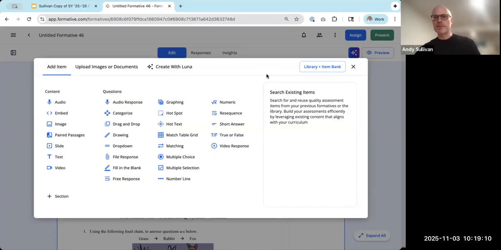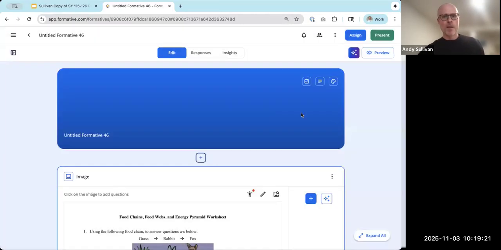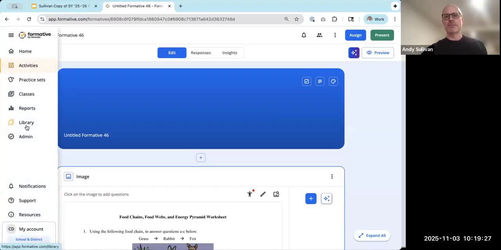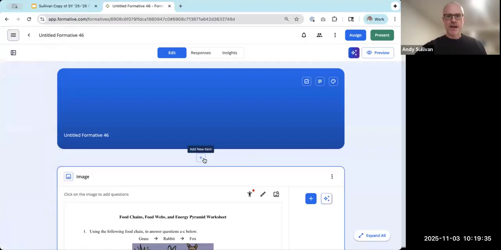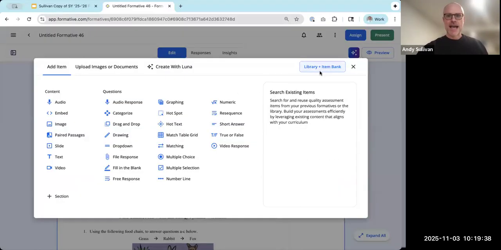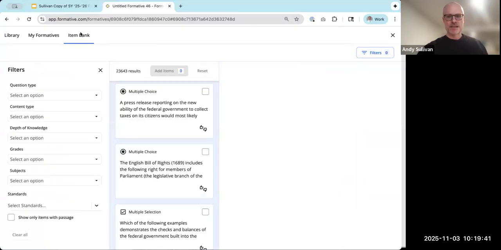Okay, great. Yeah, I'm unsure as to why you can't begin in the item bank the way that you can in the library, but you can access both the library and the item bank. Only the library you can access though from your home screen. The item bank must be accessed from a particular activity, whether it's a formative or a lesson. And once you're there, I'm going to select item bank up in this space so that I'm not searching the library, but the item bank, which was purchased by the district,